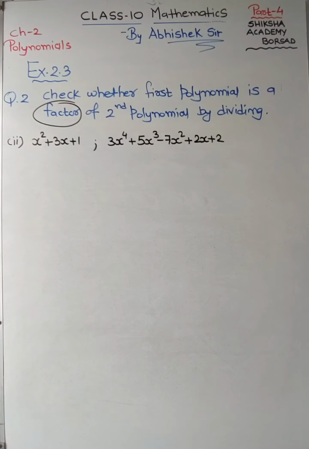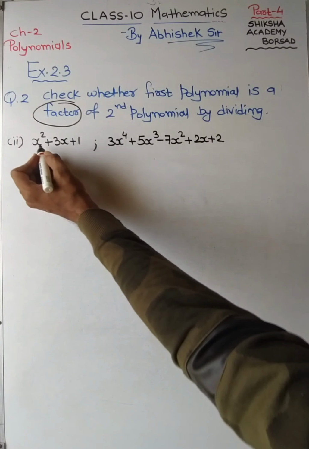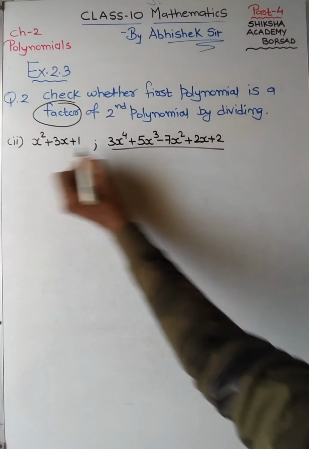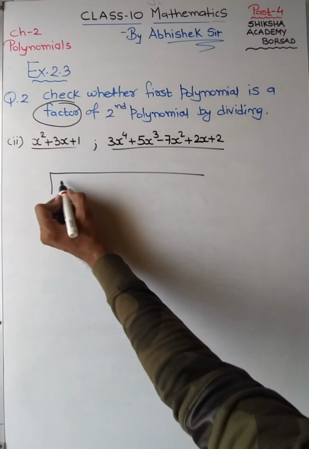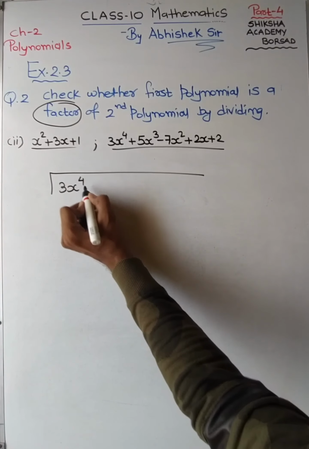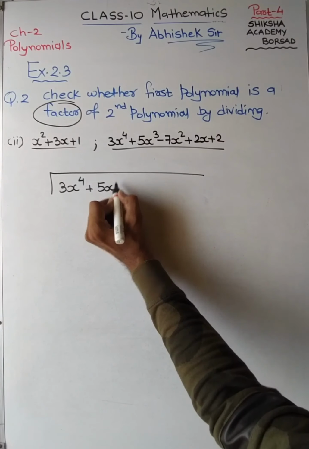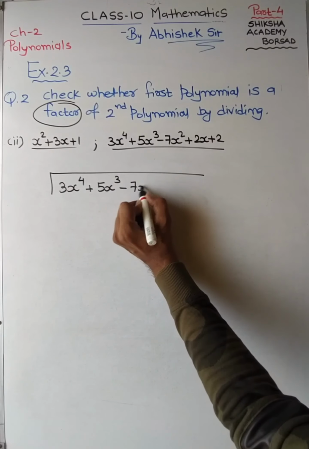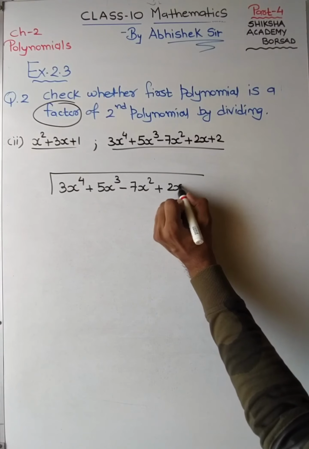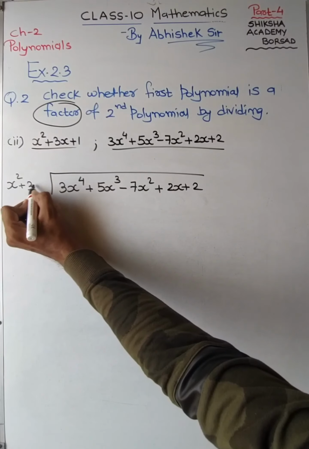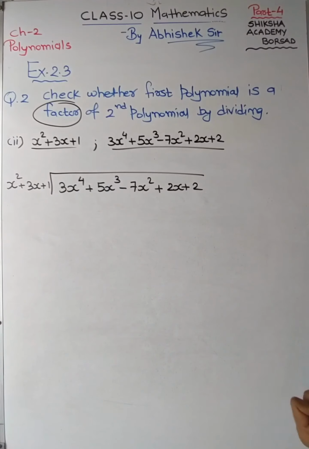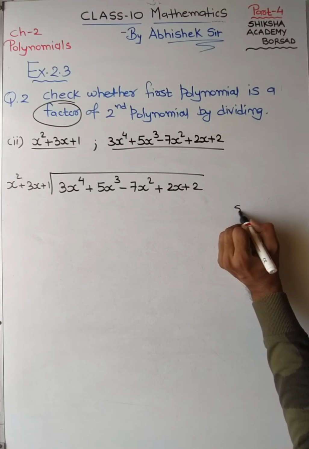The next question is a big one. We have to divide this by this. So without wasting time, let us go for the division. Check while writing that they are in descending order or not. I hope you have known till now that all the terms are in descending order. Okay, so step 1